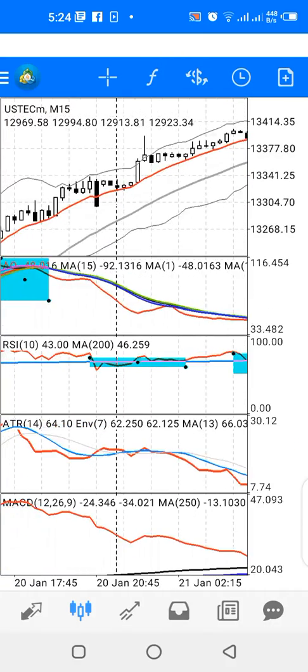Now, before I explain how you can use the indicators on indicator window 3 for your signal filter, I'd like